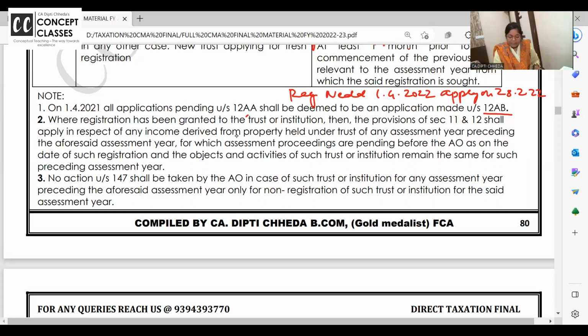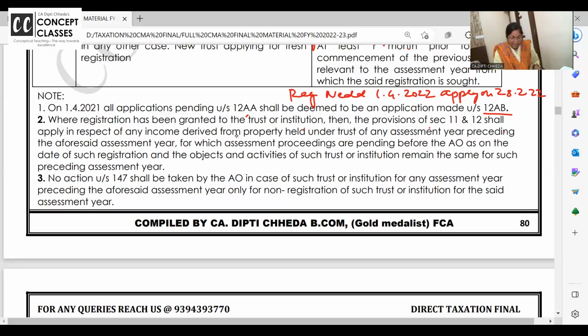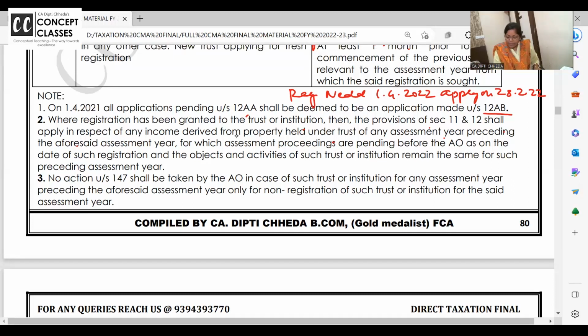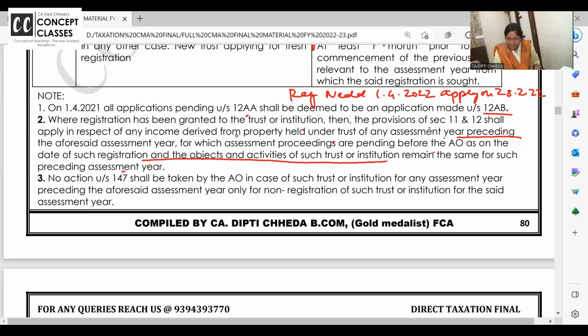Where registration has been granted to a trust or institution, then the provisions of section 11 and 12 shall apply in respect of any income derived from property under the trust of any assessment year preceding the aforesaid assessment year for which assessment proceedings are pending as on the date of the registration, and objects and activities of the trust remain the same for such preceding assessment year.